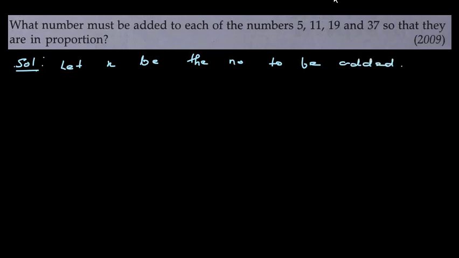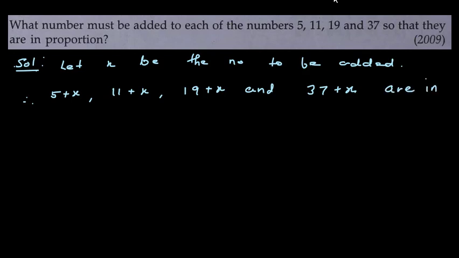So once we add, therefore what I will get is 5 plus x, comma, 11 plus x, 19 plus x and 37 plus x. Therefore these are in proportion. Now as these are in proportion, so therefore